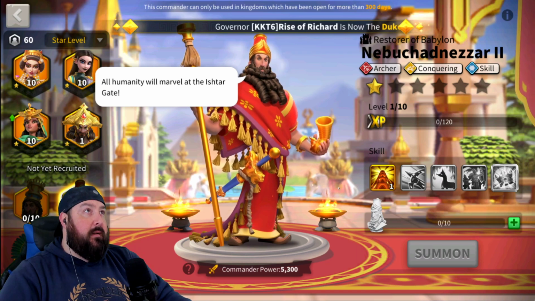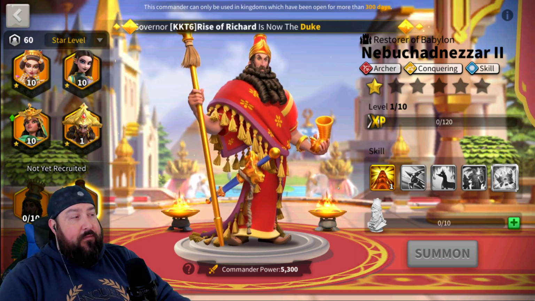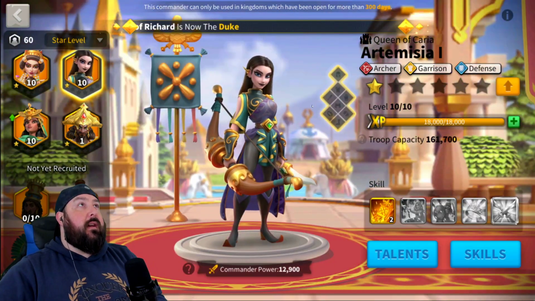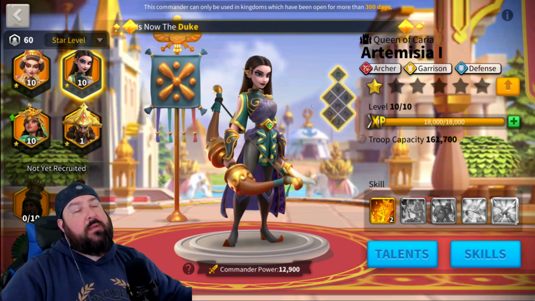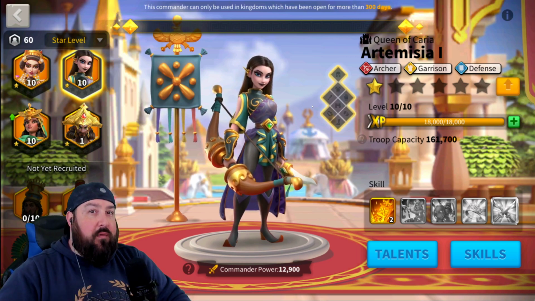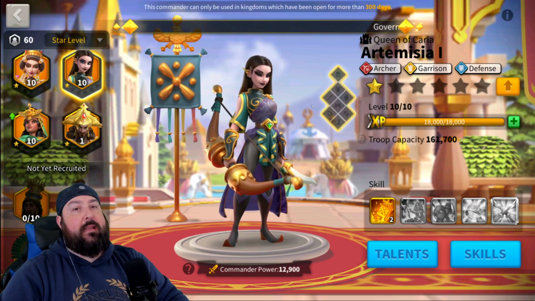And again, we had Ramses at the beginning at 3, Nebu at 4, and with 5, we're going to go Artemisia. Now, Artemisia could be number 3. I swear to God, she could. Artemisia could be 3, 4, or 5. And I ended up putting her at 5. The only reason I did that